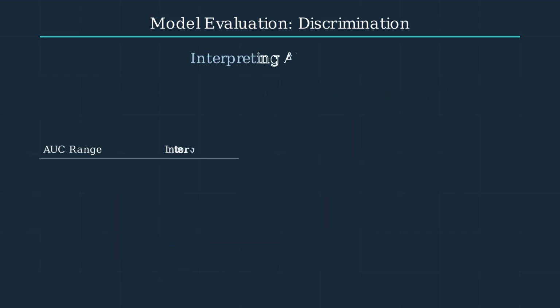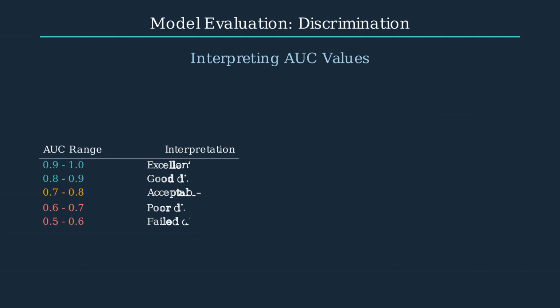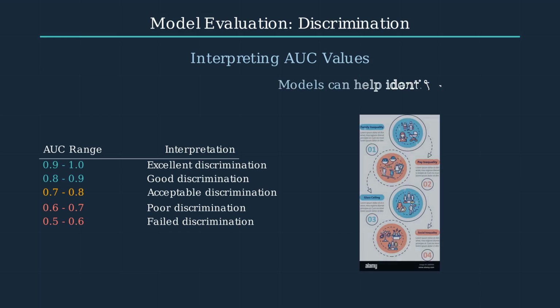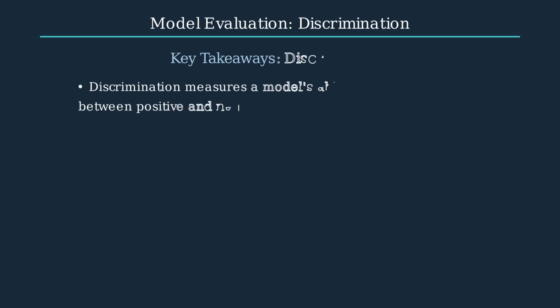When evaluating a logistic regression model, the AUC value helps us interpret the model's discriminative power. AUC values range from excellent discrimination above 0.9 to failed discrimination below 0.6. In real-world applications, models with strong discrimination ability can effectively identify patterns and measure different types of inequalities, making them valuable tools for decision-making. To summarize, discrimination is a crucial aspect of model evaluation that measures how well the model